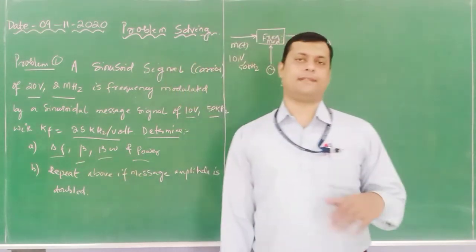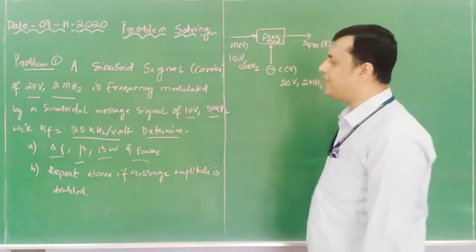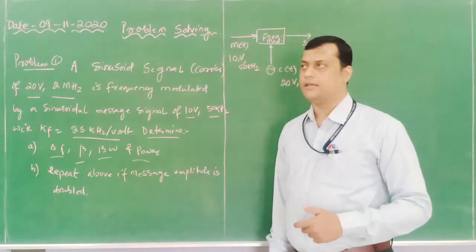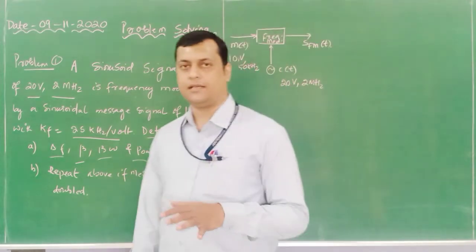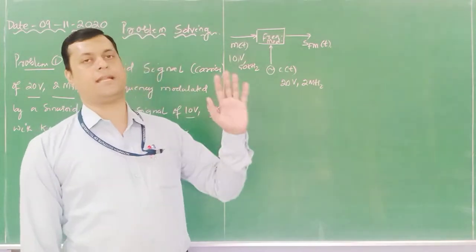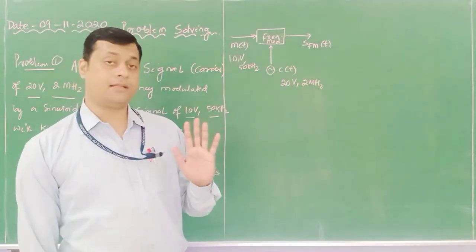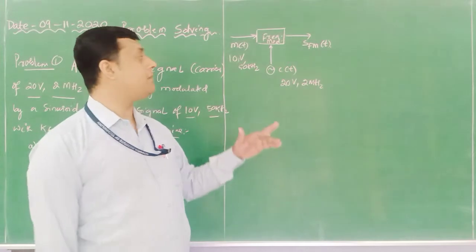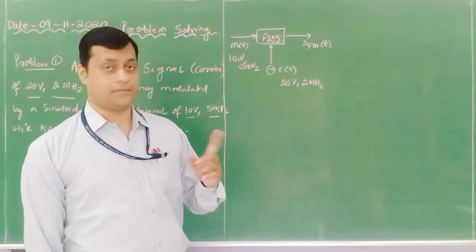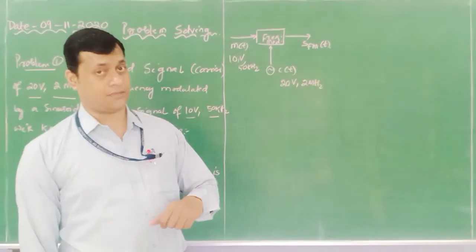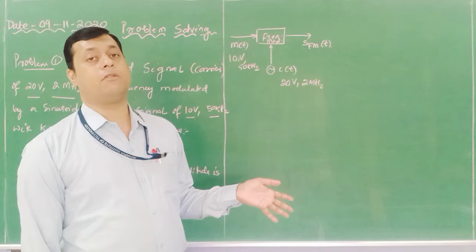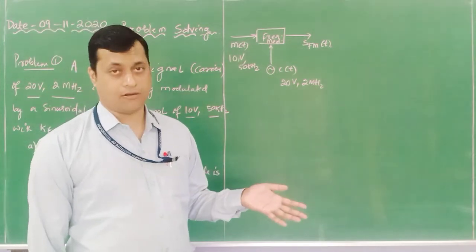So it is quite simple. How will we identify this del f, beta, bandwidth and power? Power content in an FM signal, as we know, will depend upon the carrier amplitude. That's it. But it depends upon beta also. If it is a narrowband FM signal, then we have to consider beta terms. If it is a WBFM signal, then we need not worry about that beta. It is independent of the beta component.